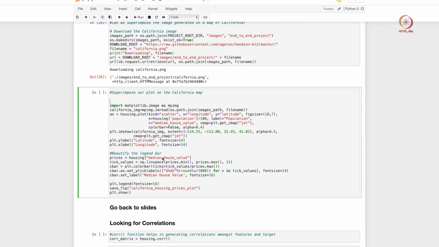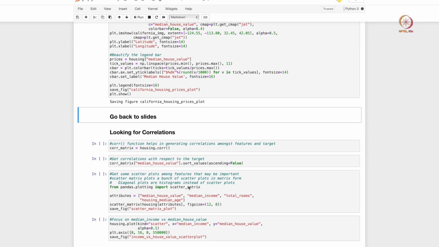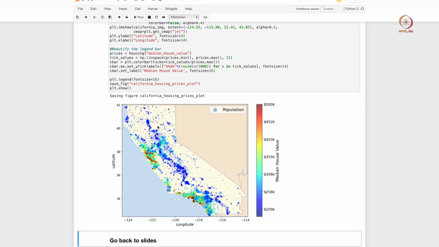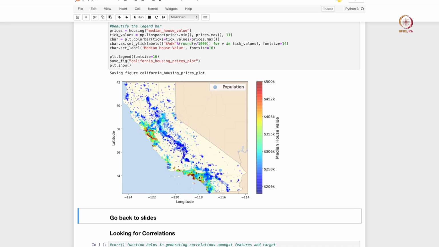If I execute this, you see that we recover the plot that you probably saw a few slides before. So this is the state of California, and you see circles corresponding to population centers and colors of the circles corresponding to your median house prices, and we have made this plot look very pretty. So visualizing the data often helps, and it gives us a lot of visual cues. Let us now go back to the slides.